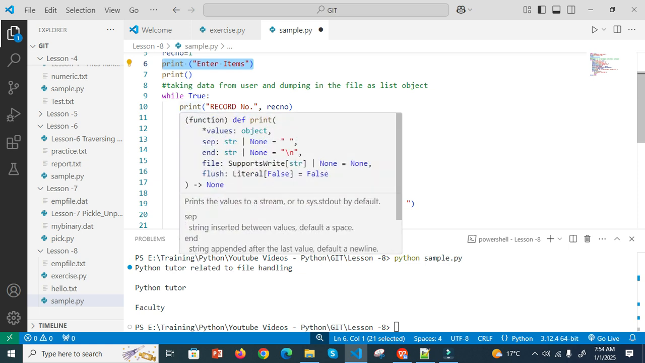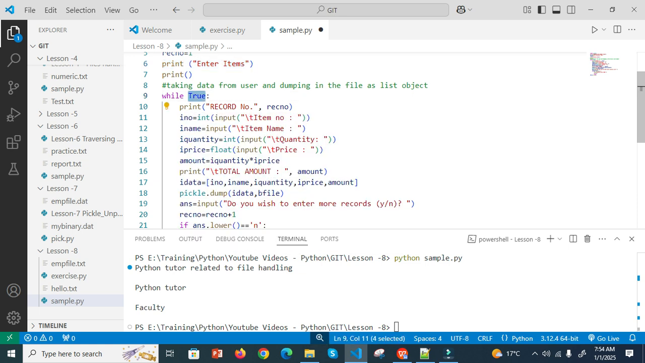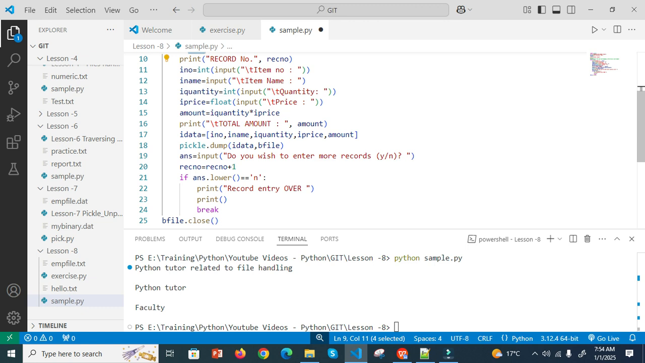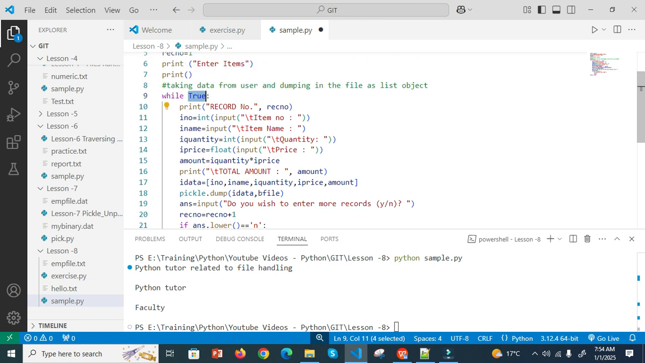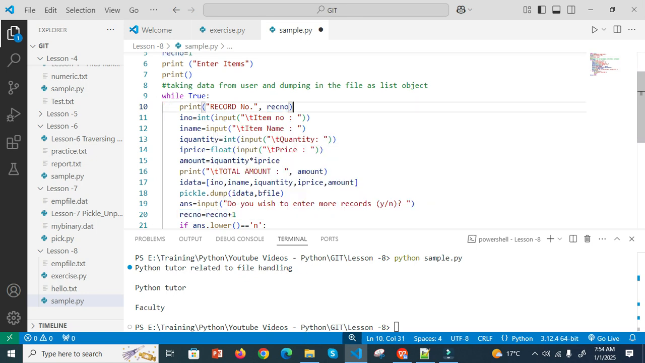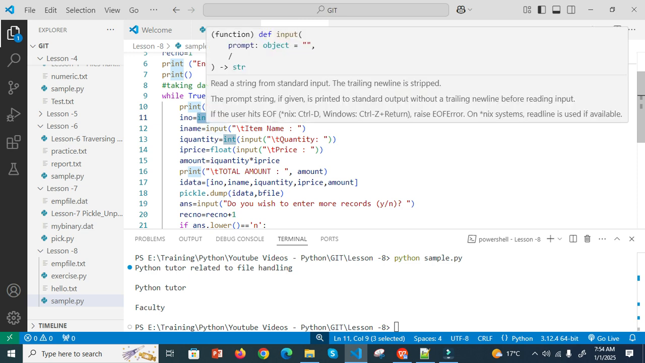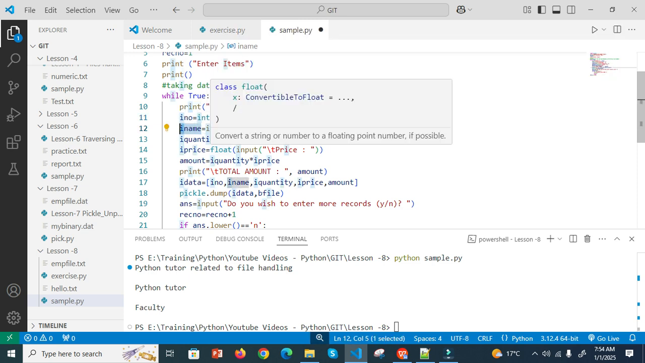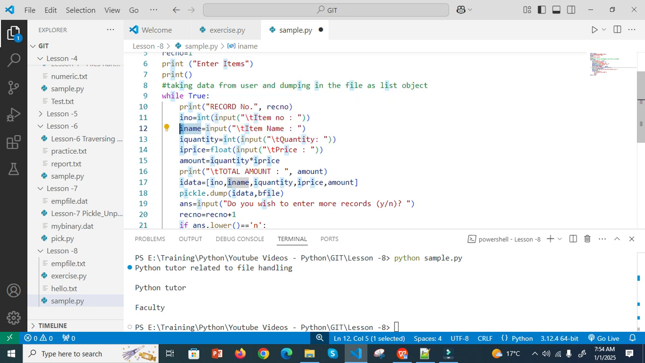While true, this loop will cycle through up to 24. This will cycle through, right? Now I enter record number 1. Then I get the input. Here item number is an integer, so I convert it to an integer. Same thing, item name is a string, so I say item name, item number, item quantity. The only thing is they have told price is a floating point, so I convert this to float